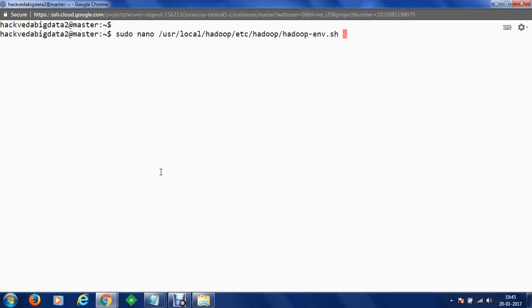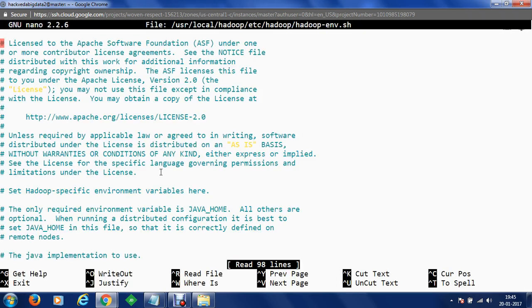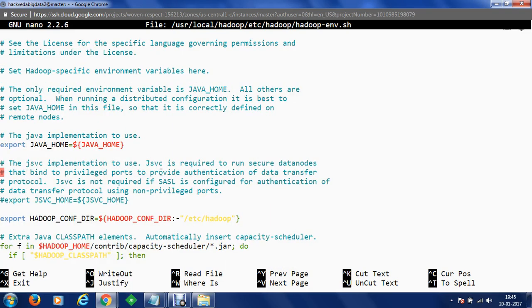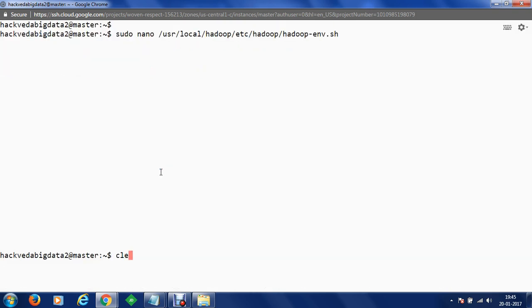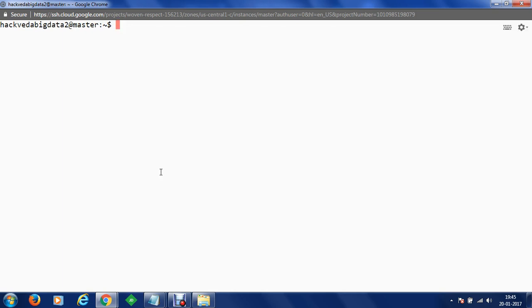hadoop-env.sh. We'll open this file using the nano editor, and once we have opened the file, if we go down, you can see that here we don't have the Java home path set. So we are going to remove this variable and I would like to manually set the path. So let's use Ctrl+Shift+V and we are going to save the path of Java. Let's use Ctrl+O to save, Ctrl+X to exit. We'll use the clear command and now the configuration for my Hadoop environment variables which requires Java is set.